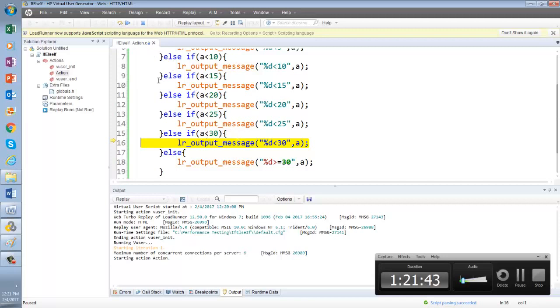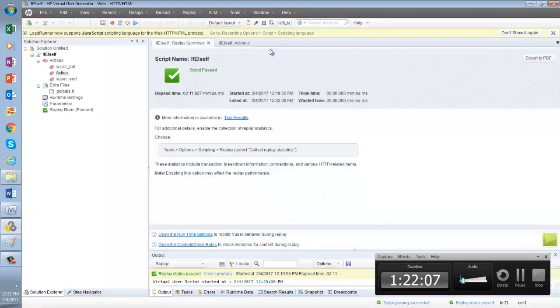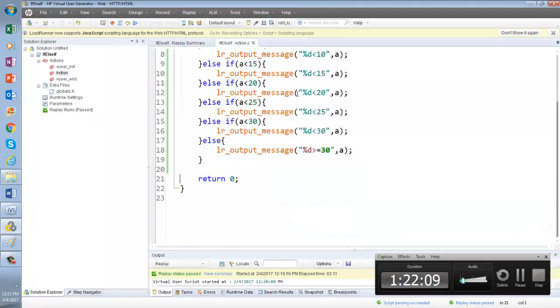It is going inside that block, and then can you see it came to the else block? But do you think it will go inside? It does not go inside. Can you see it is coming out straight away after printing 25 less than 30? After printing that, it is coming out. It is done. It didn't execute any other line. Wherever the condition is true, that line will be executed.